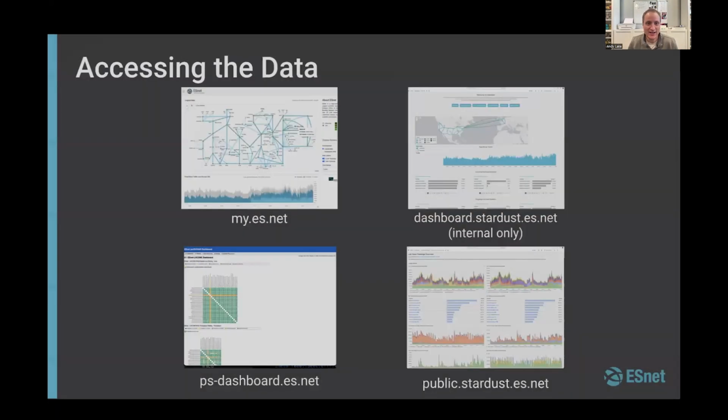bring it all together. And I'm happy to answer more questions about any one of those once we get to that segment. So then we have a bunch of windows into the data itself. I've listed them all here. We have our main my.es.net portal, which is curated views that's publicly accessible that people can see. We have another public page, public.stardust.es.net, with some LHC specific views mostly is what's there now, but that's